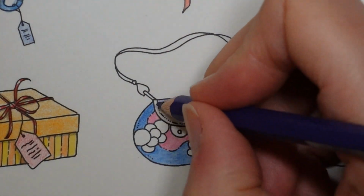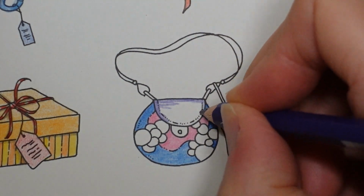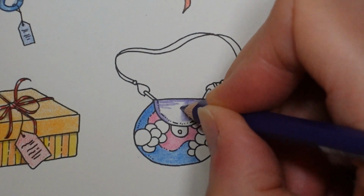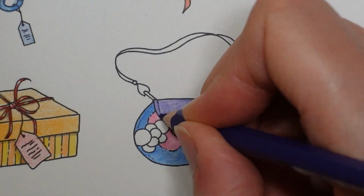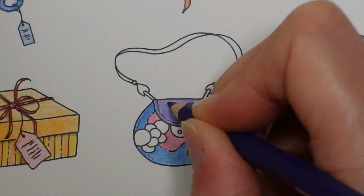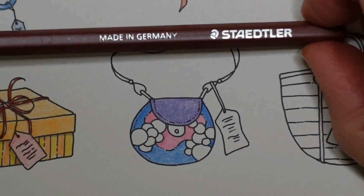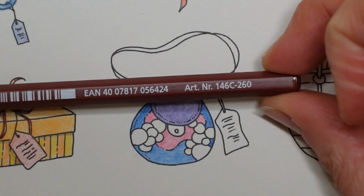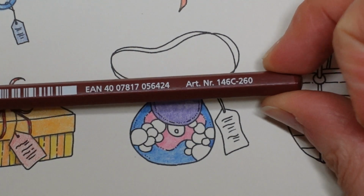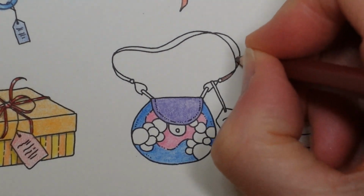Now I'm just thinking a little about the handle strap. Do we want it the same colour as any parts of the main bag or the same colour as some of the decorative parts? It's a question I'm not sure of. I am going to grab, will that work? Let's give it a go. This is number 260, which is the mauve. This is the oddest shade of mauve I've ever seen, but